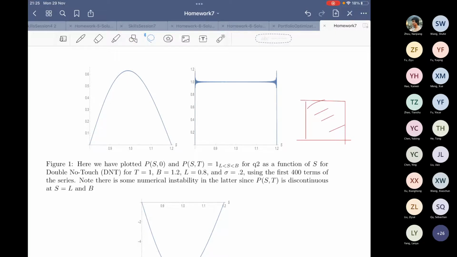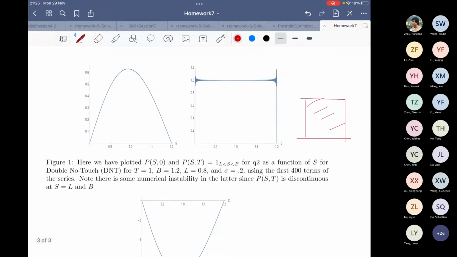When you do that, I deliberately didn't choose too large a number, just to show this interesting behavior: at this point here, the double no touch is worth 0, but immediately as you move, the limiting function is discontinuous because it looks like this. So you do get this slight numerical instability